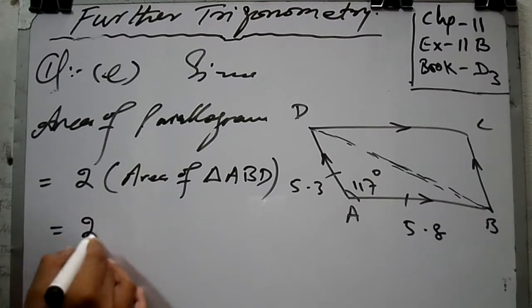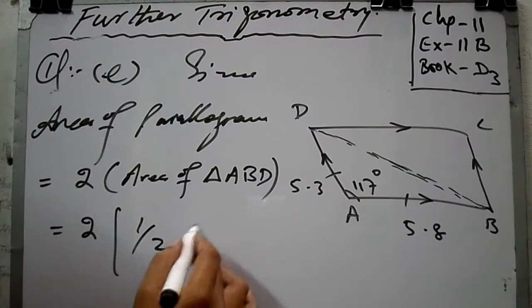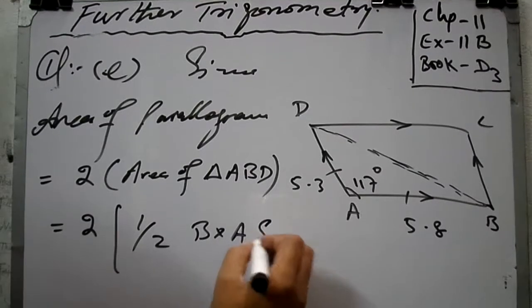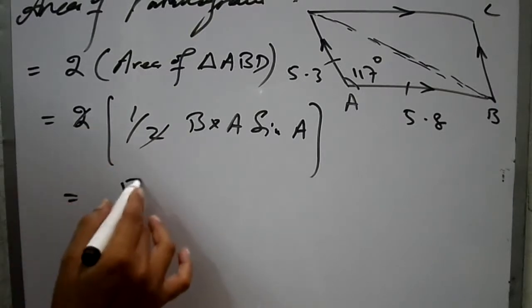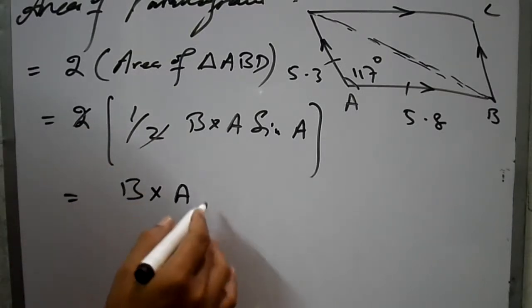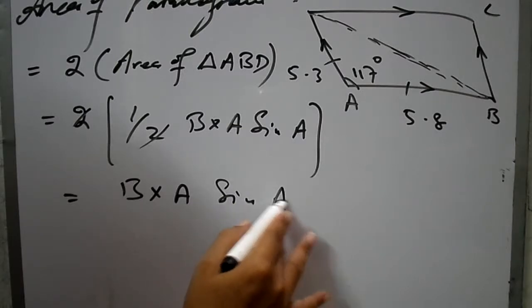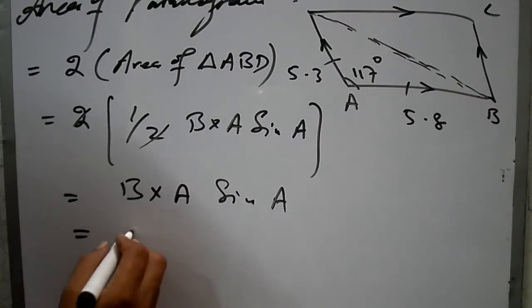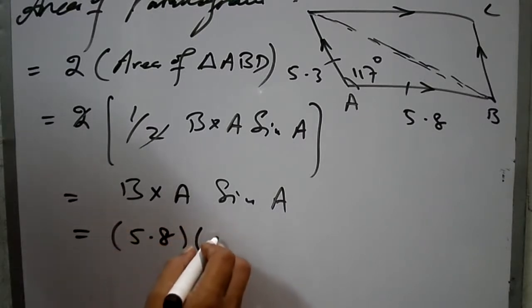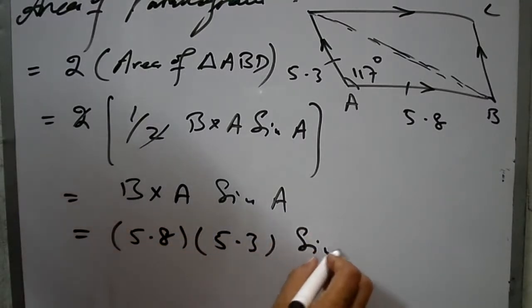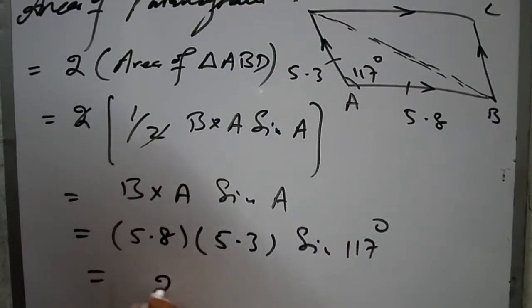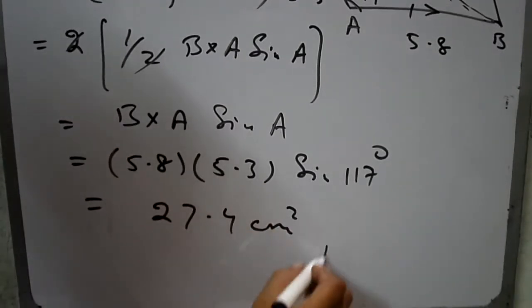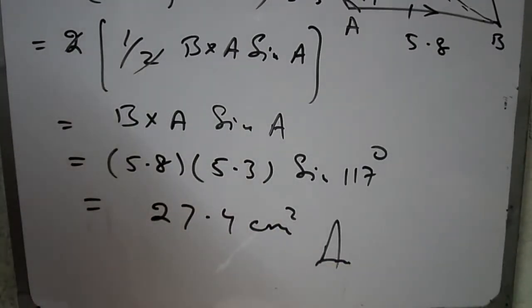So putting the values, we know that half base into altitude into sine A. So this will be cancelled, so the base, altitude and sine A we need only. The value of B is 5.8, the value of A is 5.3, and sine 117 degrees. So by simplification, you will get 27.4 centimeters square. So that is the unit of area. Similarly, in the F part, you can see